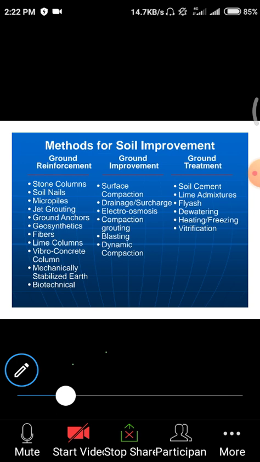Next one we are having mechanically stabilized earth. Mechanically stabilized earth, that means not physically, but mechanically. So that a few mechanical properties will increase due to this mechanical stabilization. In previous classes we used lime columns, stone columns, and soil nailings; all those are physical. That means some part of the body. Mechanized stabilization means using rollers and other footing works.